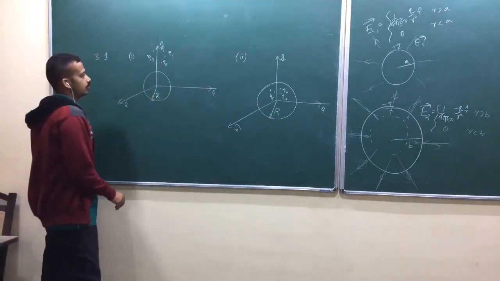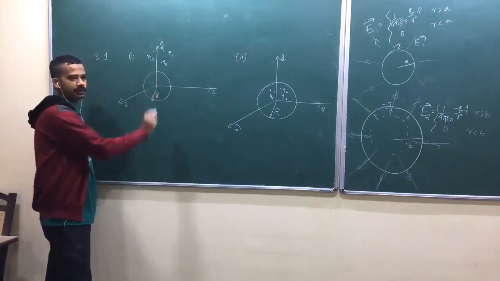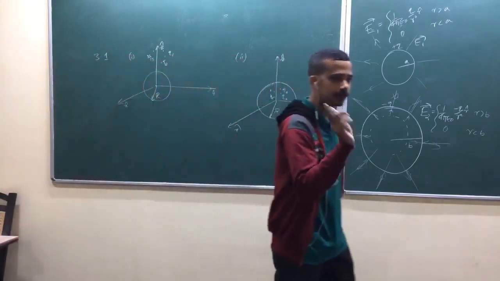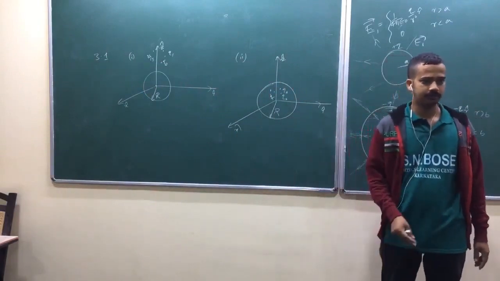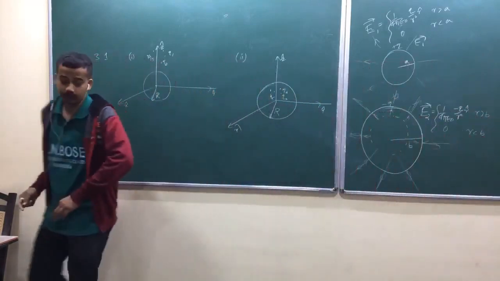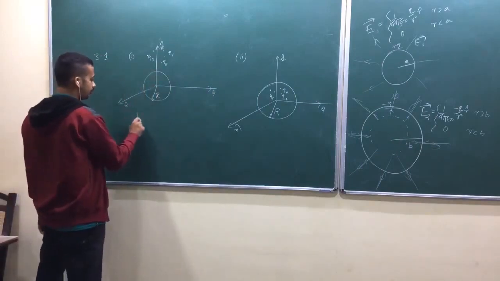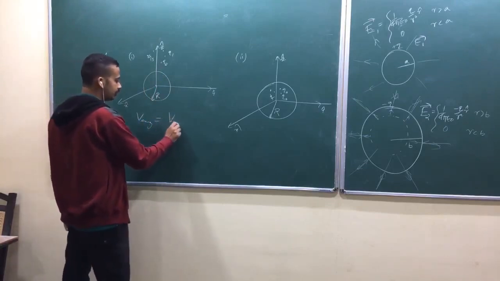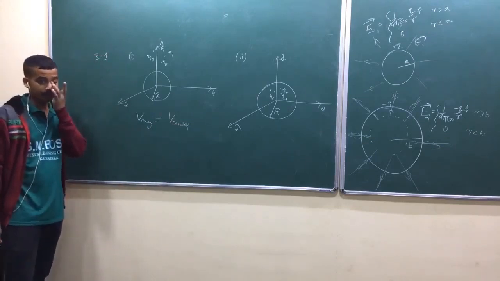So now, in this region, if you apply your logic, your Laplace equation is satisfied, am I right? In this region, that's why the average of the potential over the surface should be equal to the potential at the center, because now the surface is a neighborhood of the center. Are you getting my point? So since the surface is a neighborhood of the center point, you can take the potential average, V average, in this case, will be equal to V at center. Is that okay? V at center.